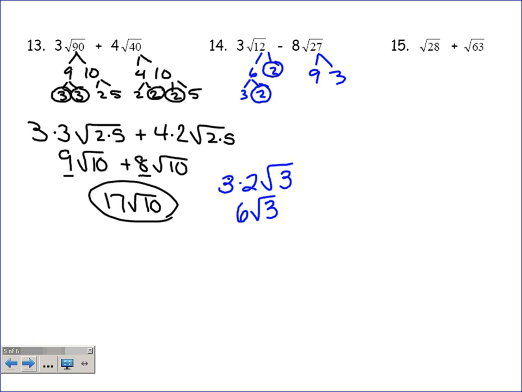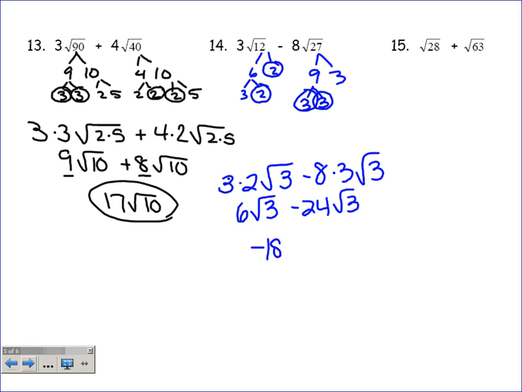Okay. 9 and 3, got it. Are there any pairs? 3 and 3, so what do I have? Sounds great to me. Are the radicands the same? Yes, they are, so what do